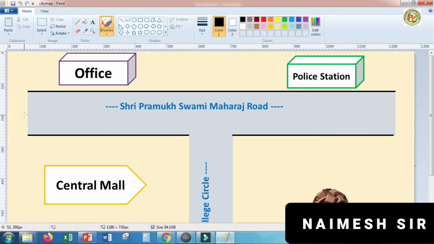Now, if we assign the image map on this, then the entire image will become the link. Let's start some coding. Very first, we create the HTML tag here, and we will close it with /HTML also.